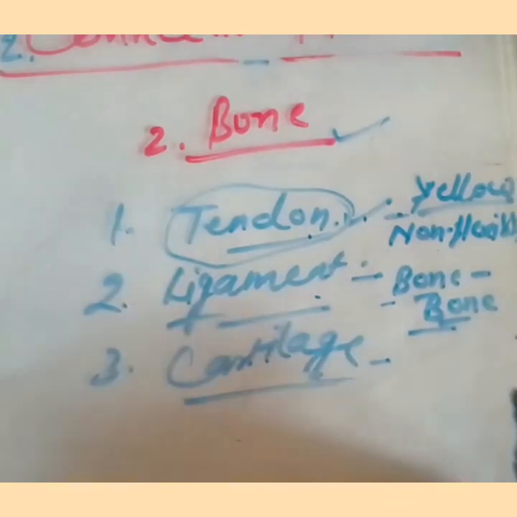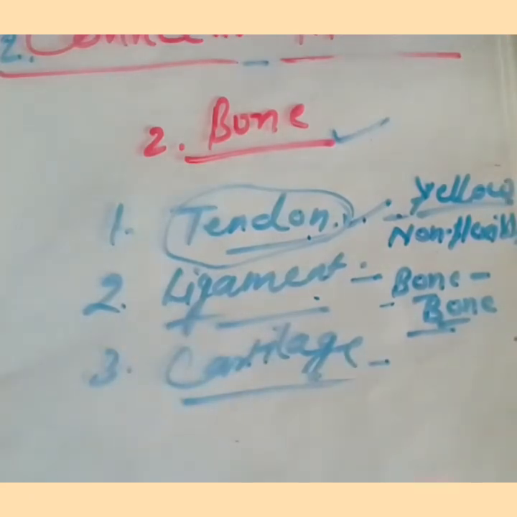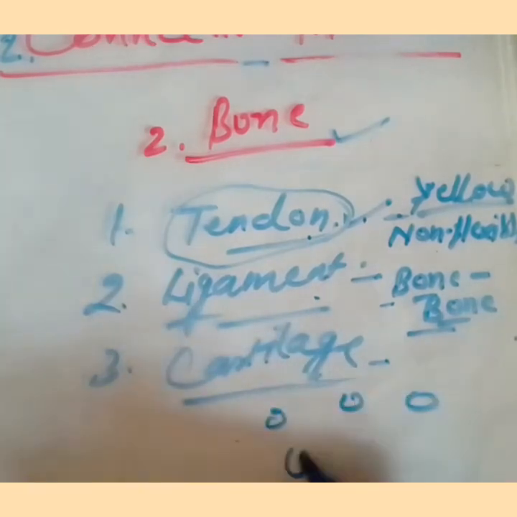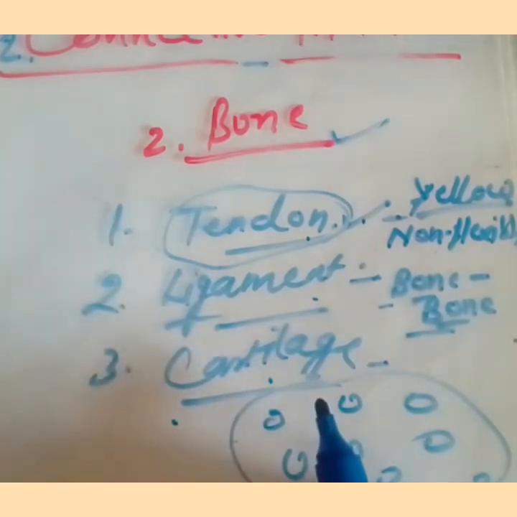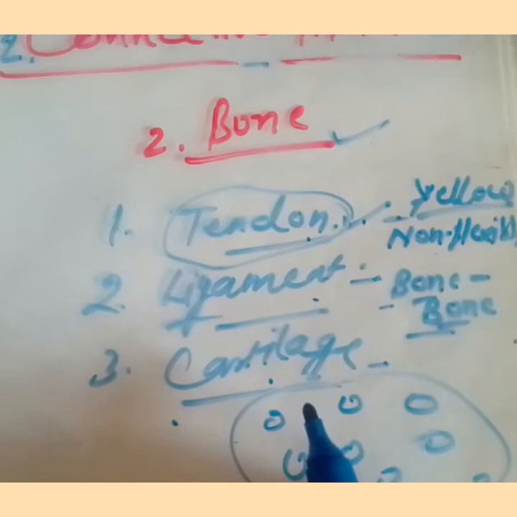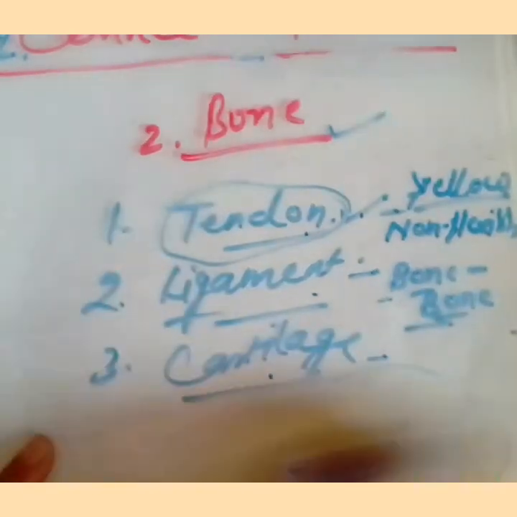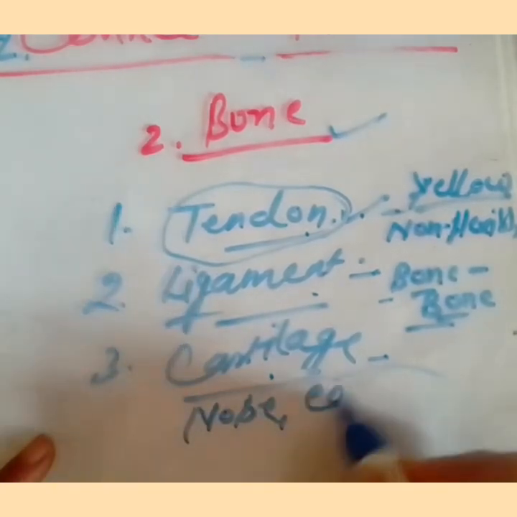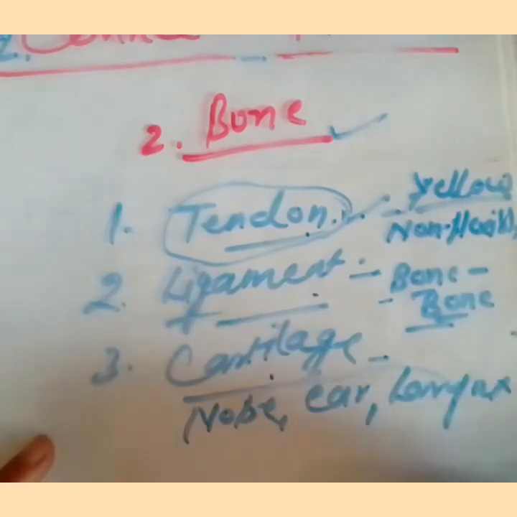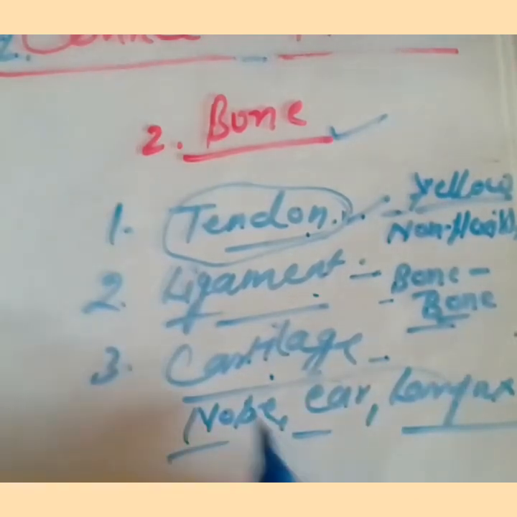Here, connective tissue, cartilage, has widely spaced cells. It is present in the matrix also, but the cells are sparsely, or we can say widely spaced. And the matrix here is composed mainly of sugars and proteins. Okay, and where it is present, you can see this, it is present in the nose, ears, right? Larynx, nose, ear and larynx. Mainly it is present here, and also it is not rigid like the bone, it is flexible in nature.